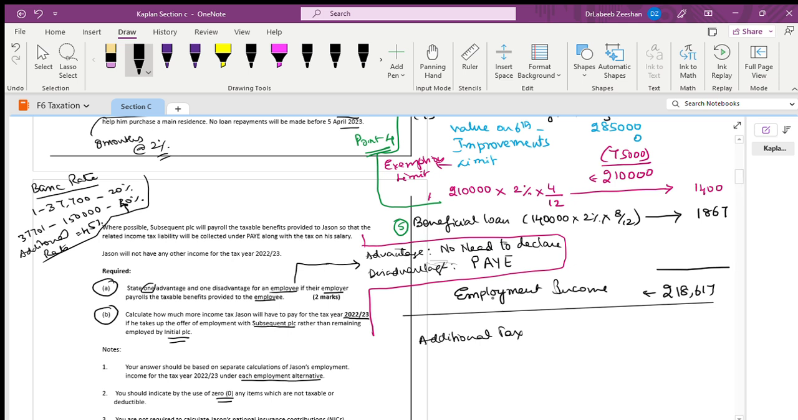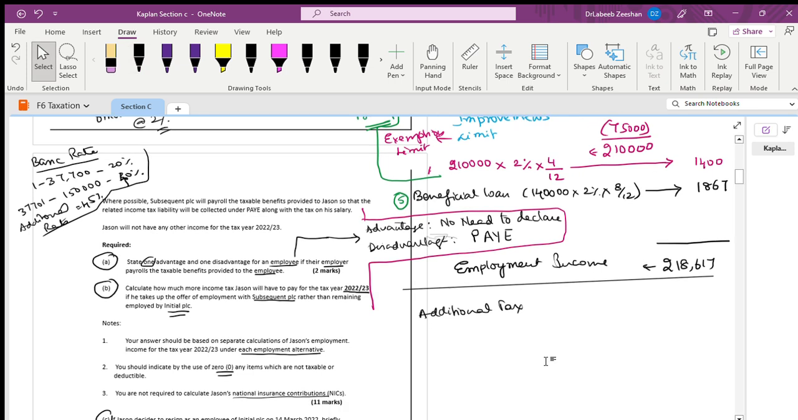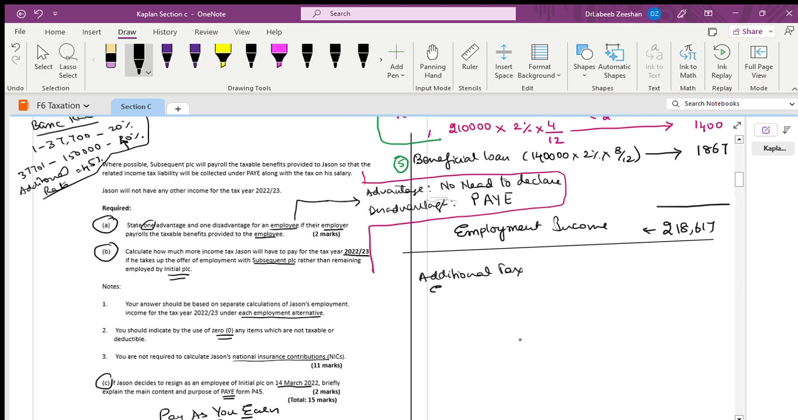Okay. Now, how much is the amount? What are they asking us? What is the additional income tax you have to pay? Is it right? How much is the employment income? Write down here. Employment income. How much is there? This is subsequent PLC. Is it right? Subsequent PLC, 218,617. Minus employment income,